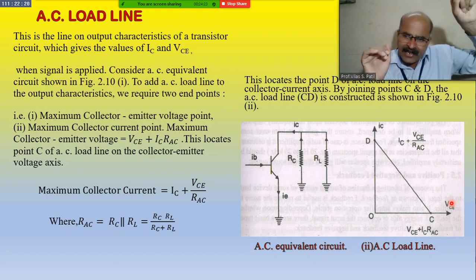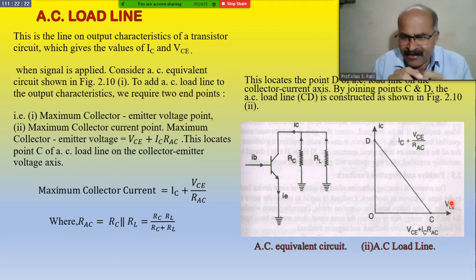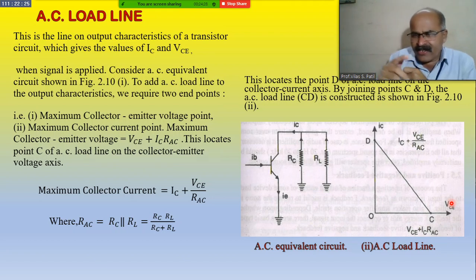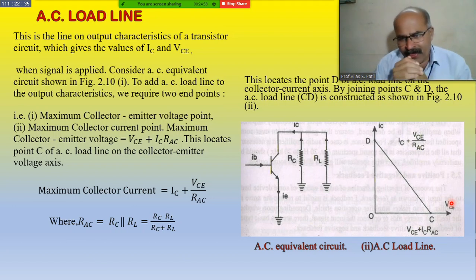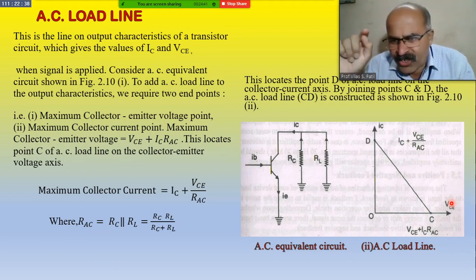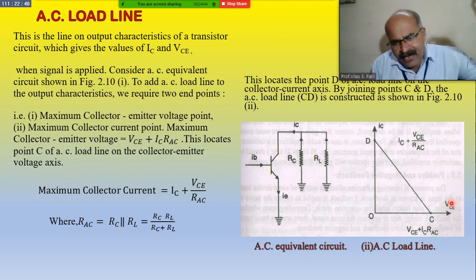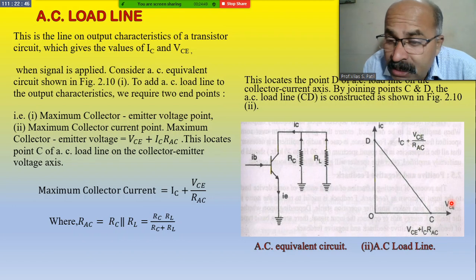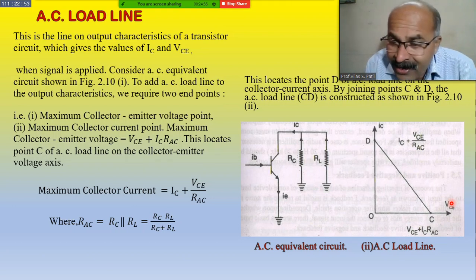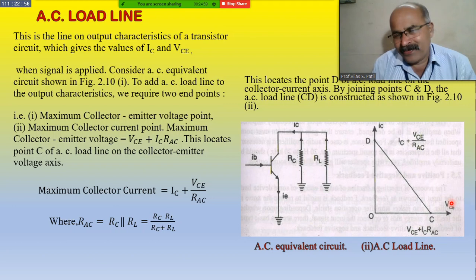On the output characteristic, IC is plotted on the y-axis and VCE on the x-axis, and if we draw a line intersecting both axes, IC as well as VCE, that line will be known as CD. C is the point intersecting the x-axis, and D is the point intersecting the y-axis. Such a straight line which intersects both the axes of the output characteristic will be known as an AC load line, because